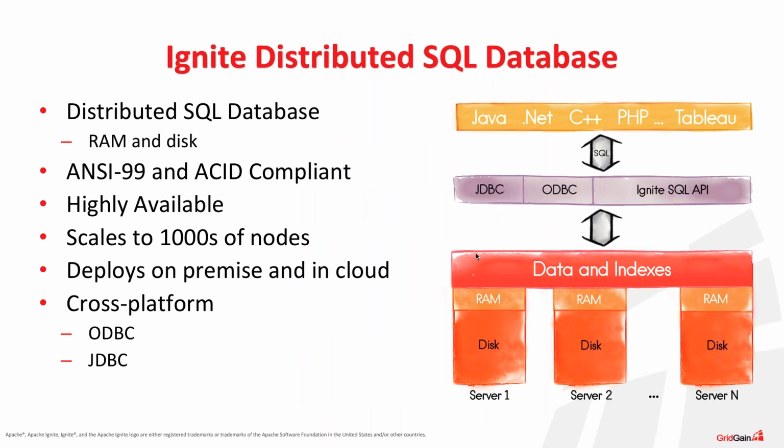First, it's no longer about a single node. It's not about a monolithic platform deployment. If you take a look at this picture, all the data is spread out across a cluster of machines, data and indexes. If you want to use Ignite's persistent disk store, you are required to enable it. But by default, the data is stored in RAM, and the disk is activated only if you need it.